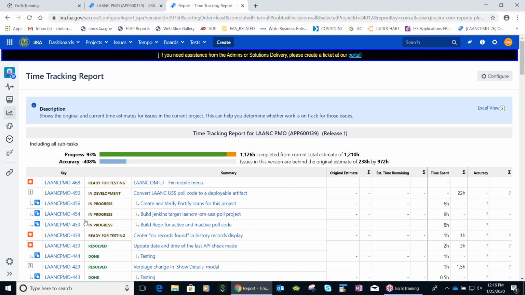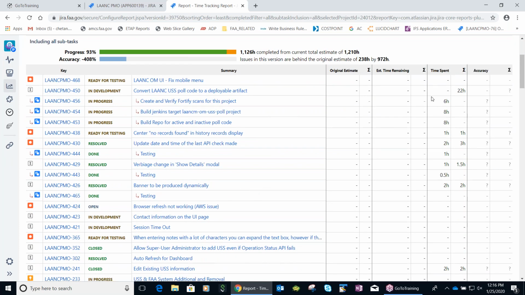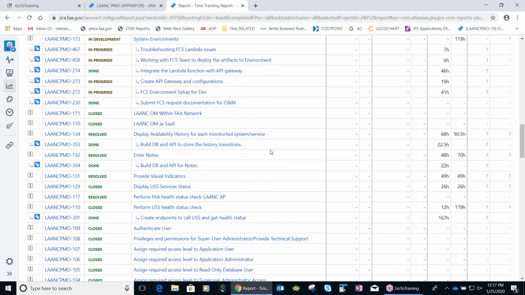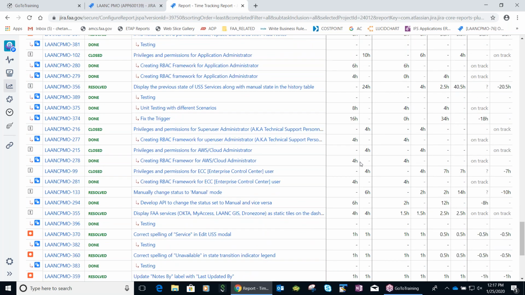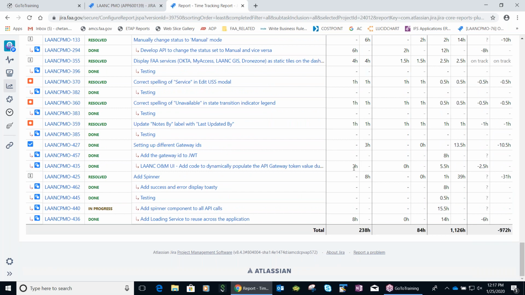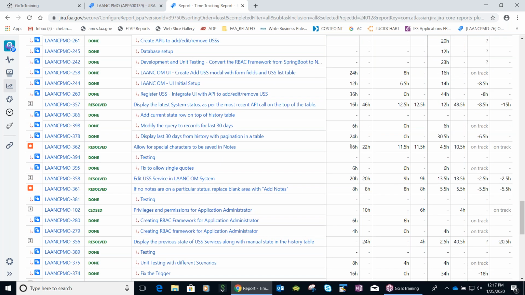So you can get this report here. A lot of times they haven't entered the data here, but if they have entered the data, you will see the original estimate, the remaining time, the time spent, everything here. They have not done anything here. Yeah, they haven't entered. We have enforced it now, so they have started entering it, in hours only.